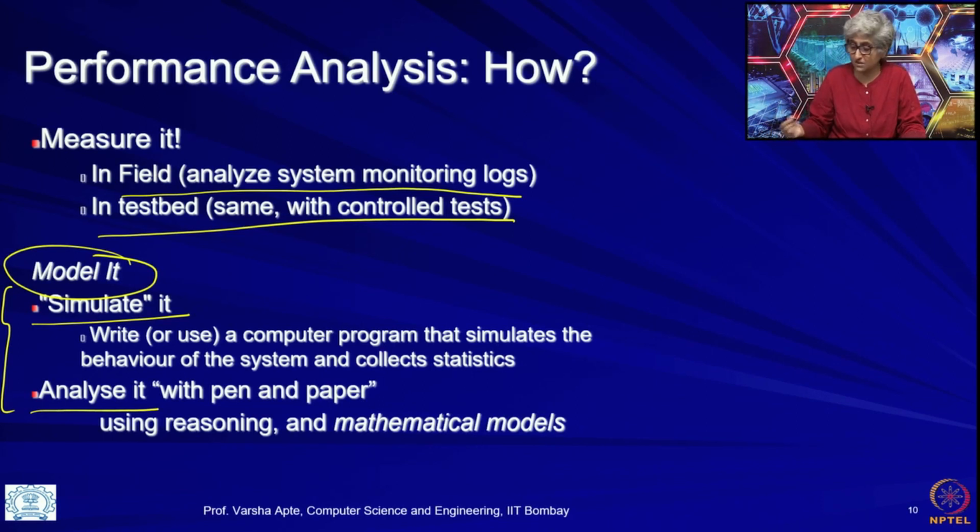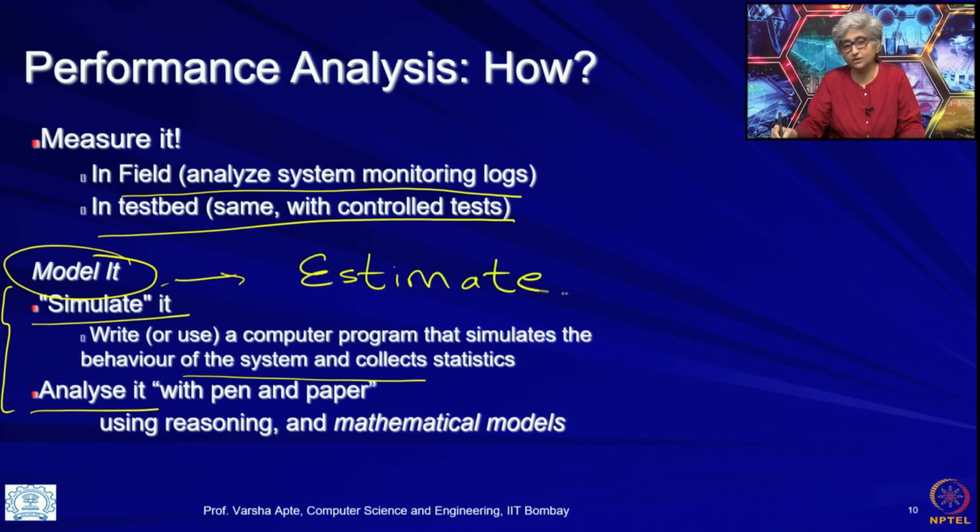Switches and links and packets are basically represented by data structures, and the program logic behaves like packets going from one switch to the other and so on, and then you collect statistics, and then you are able to estimate. When you model things, you can only estimate the performance. So, one way to do it is this. Another way is to use just mathematical reasoning, and some probabilistic and mathematical calculations with pen and paper to derive some very good things about the system.